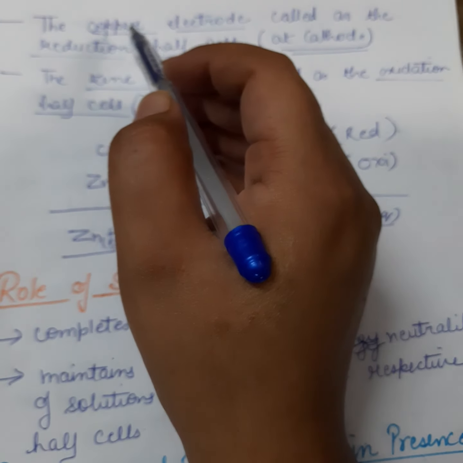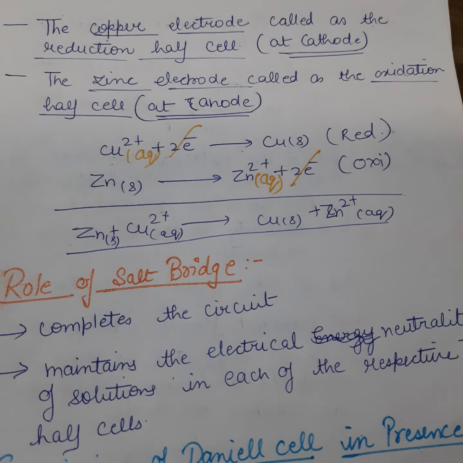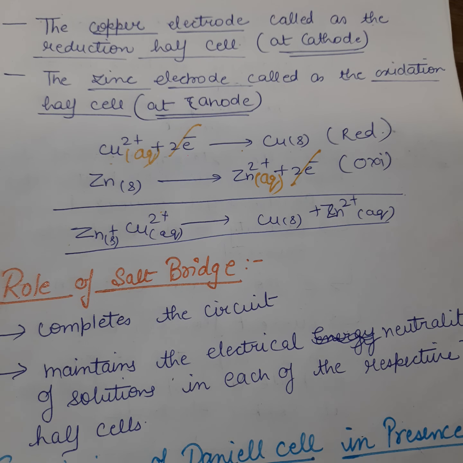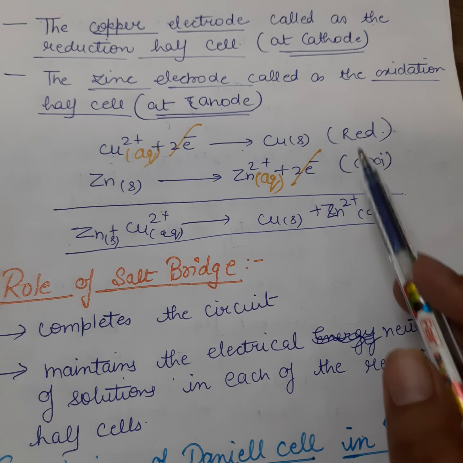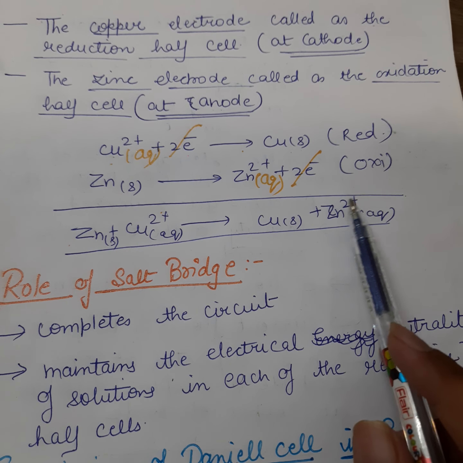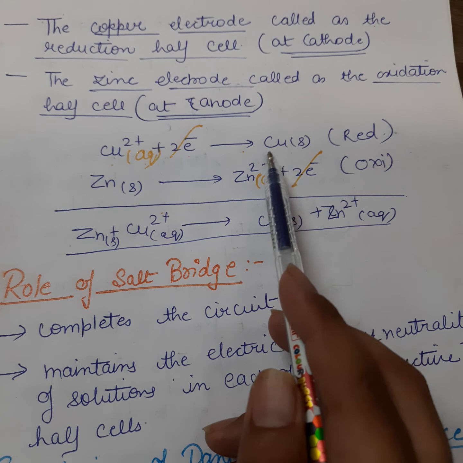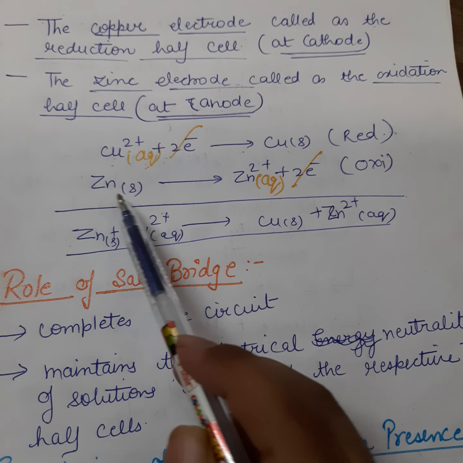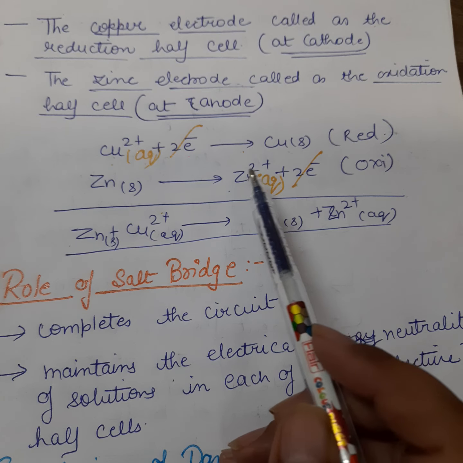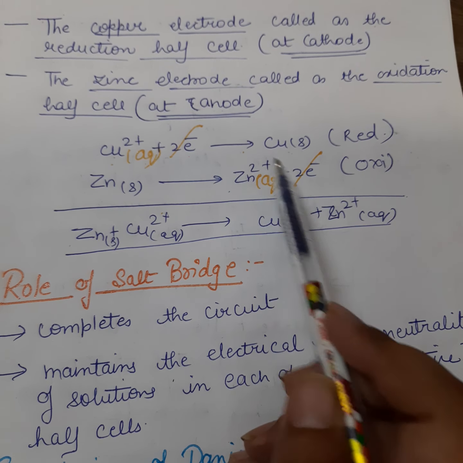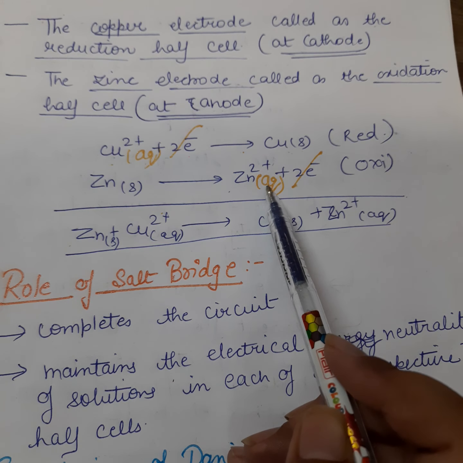Now the copper electrode is called the reduction half cell at the cathode, and the zinc electrode is called the oxidation half cell at the anode. Now I have to write these two half cell reactions. Cu2+ plus 2 electrons get converted into Cu solid. Zn solid liberates 2 electrons and gets converted into Zn2+ aqueous,